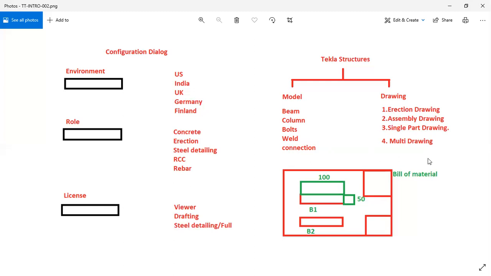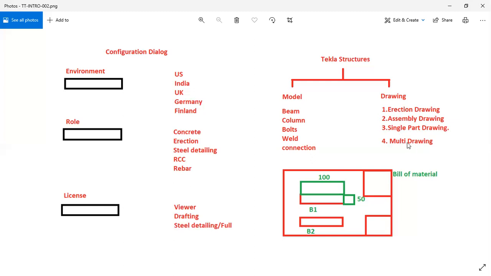And these are the elements available in the drawing. Four types of drawings are available in the drawing interface. There are the erection drawing, assembly drawing, and single part drawing. These three will be the main drawings.